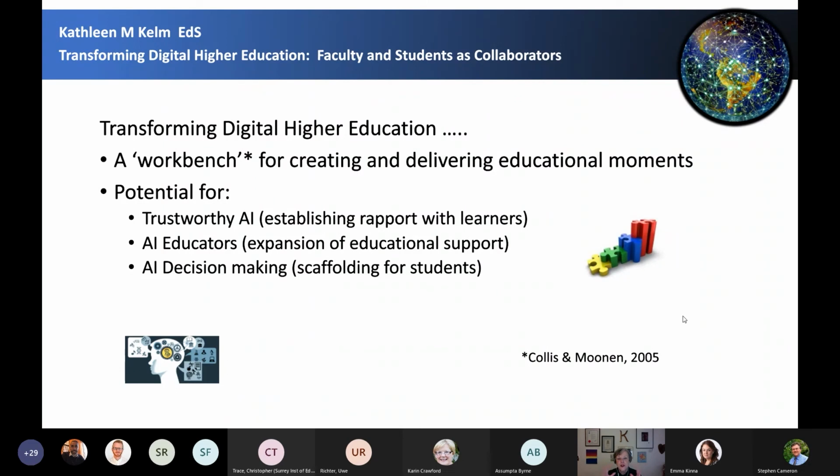We need to think in terms of ethically, how do we do this? How do we employ complex digital technologies? How do we employ digital learning environments in a way that's ethically responsible and yet still provides the kind of support that we want here in a higher education environment?